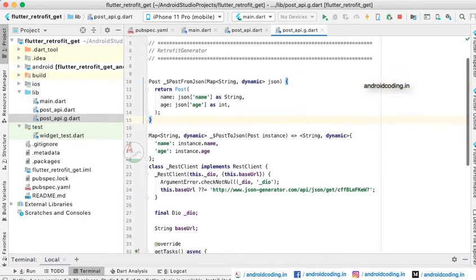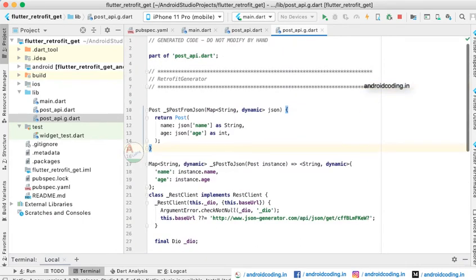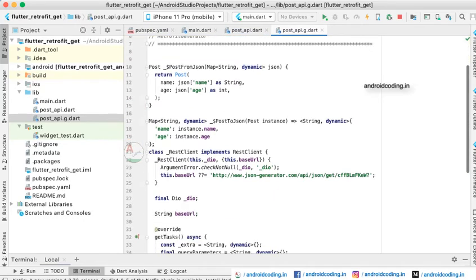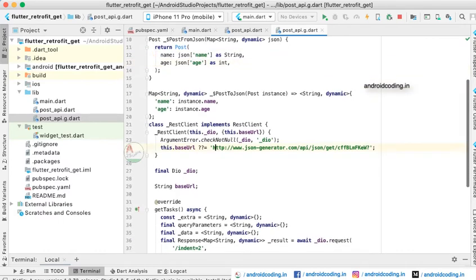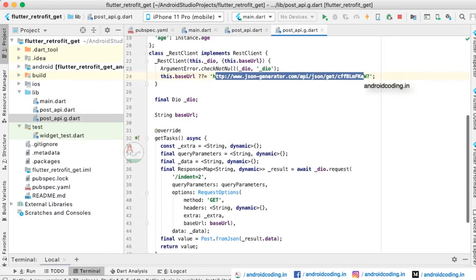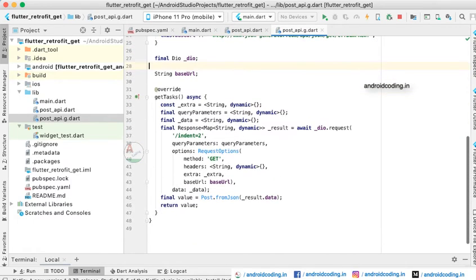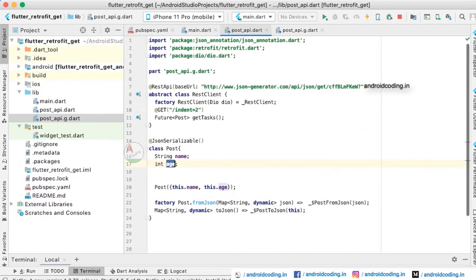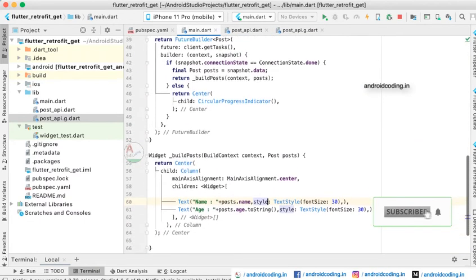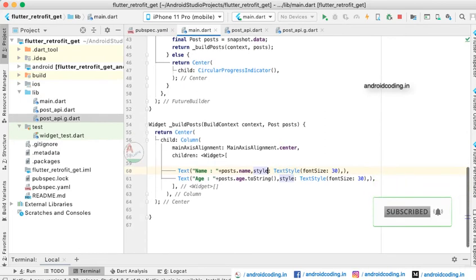In this way you can generate this particular class, and you can see we should not modify anything in this particular class, as it is specified here. We are passing the name and age here, and the URL which we have specified in the post_api is also used here with the same indent equal to 2. So after making the API abstract class,